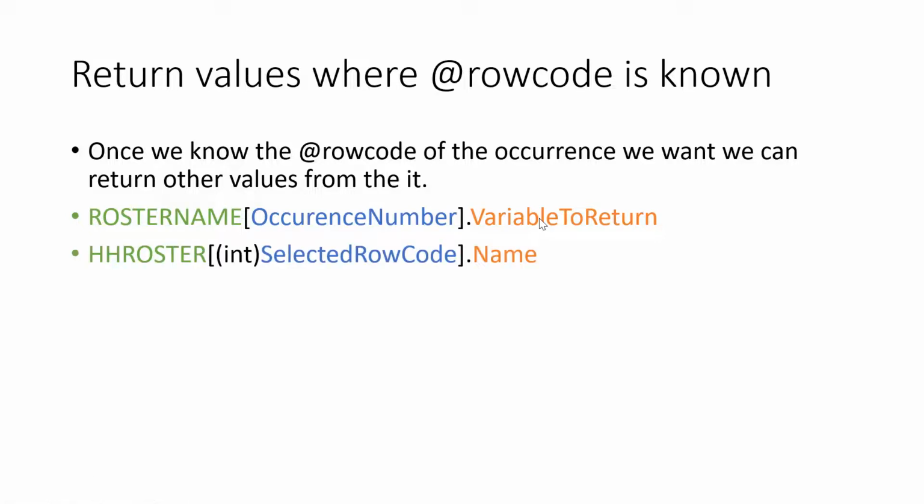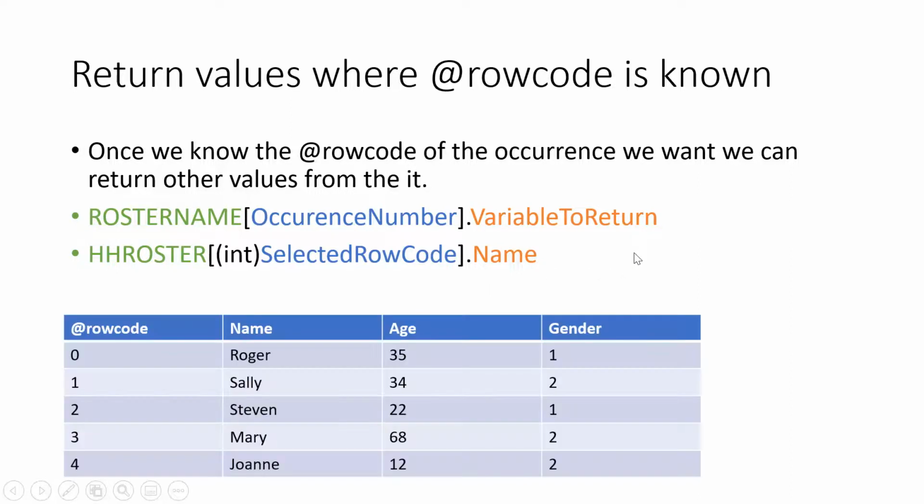In our example we're looking at today with the oldest household female, it looks like this. The household roster is our roster name. Inside the square brackets goes the selected row code that we derived before, and the variable I'd like to return is the name of that household member. So our roster looks like this, and if you remember, selected row code is holding the number 3 in this example. So it's going to return from occurrence or row code number 3 the variable name, which is